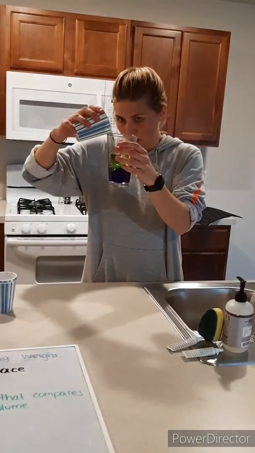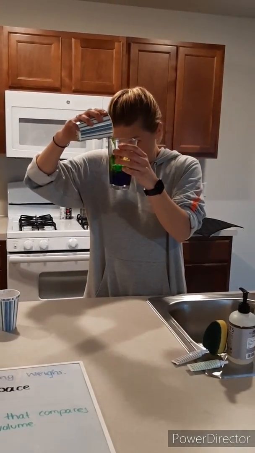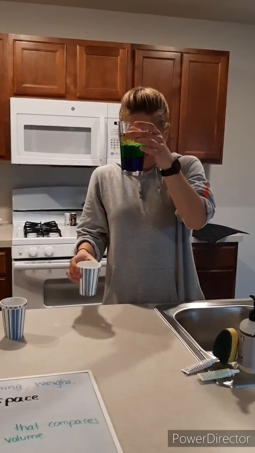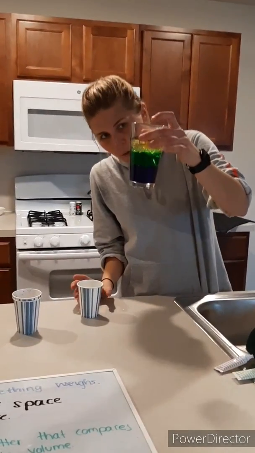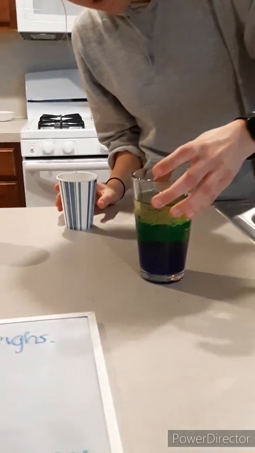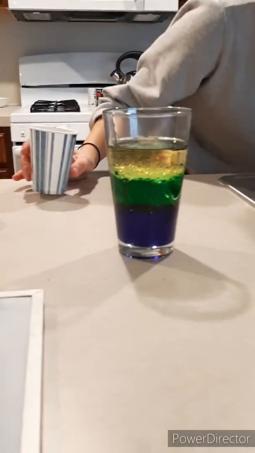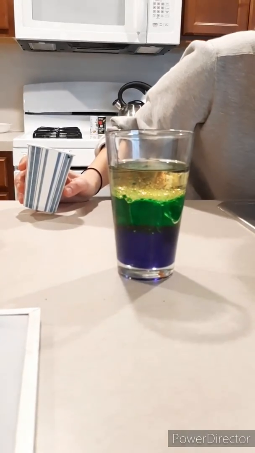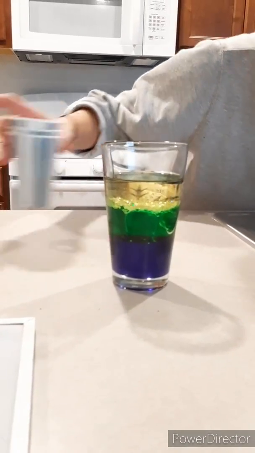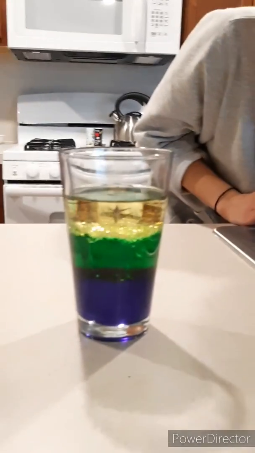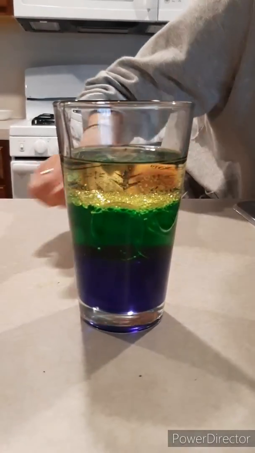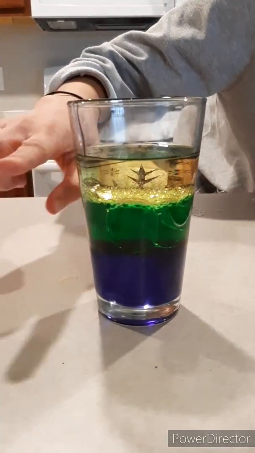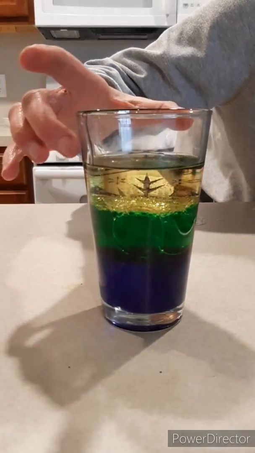Precision is important with scientific experiments. Ooh, there's a little bit of bubble, but remember we colored our water green, so that did go to the middle. So we'll let it set for a little bit, but I think this is a pretty accurate measurement of our density. So the corn syrup is the most dense, then the water, and then the oil is the least